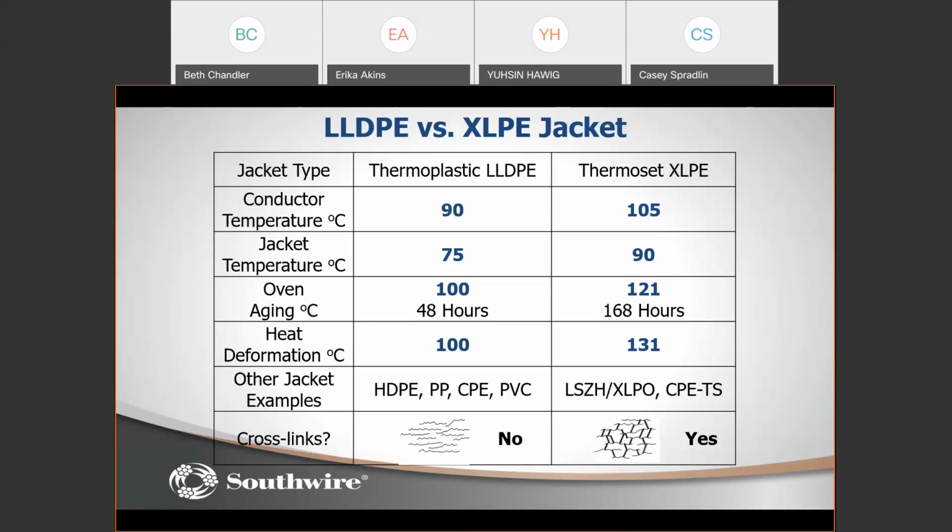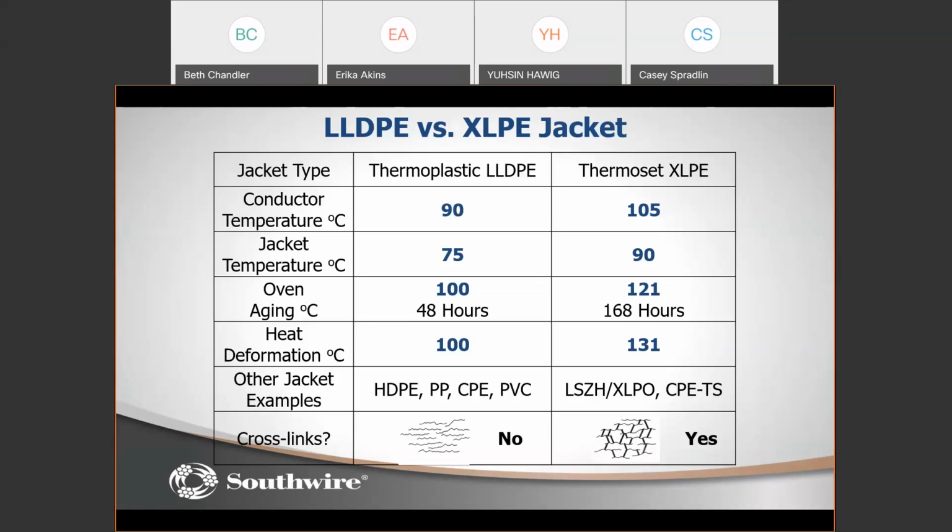And it will be something lower than that in the 60 range, most likely, when you have a fully 100% operated cable at 90 degrees C conductor temperature. So what we're seeing in wind farms is a thermoset jacket. Just like the insulation system, we are cross-linking the jacket. Although there's a different process, you're not doing it in a curing tube. It's typically a moisture cure application, or ambient cure application, so it cures due to the moisture in the air